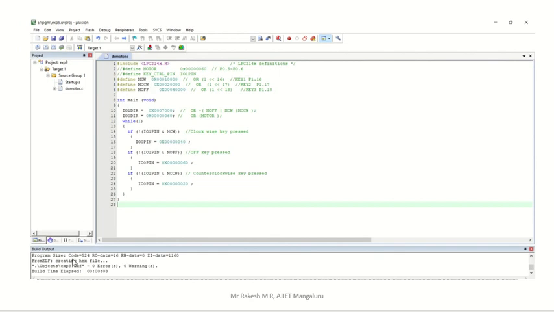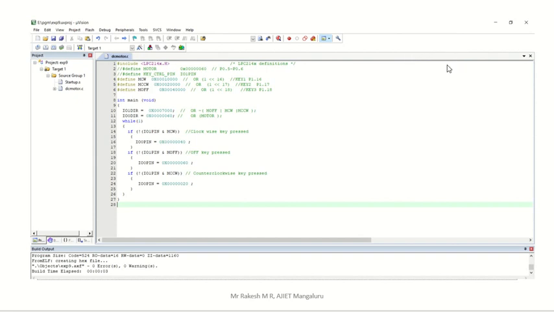When you click on build target, you can see on the below side, here we have 0 errors, 0 warnings. That means no error, no warning is there. Another message you will get, creating hex file, because you already ticked create hex file in the output part of the target. That's why you are getting creating hex file. We need a hex file for this particular code. Once you get the hex file, then you have to minimize this Keil software.